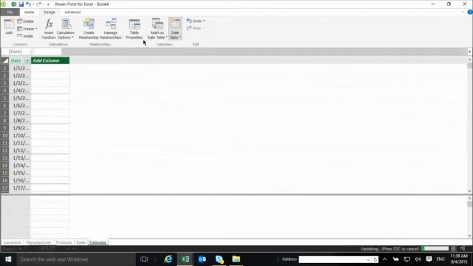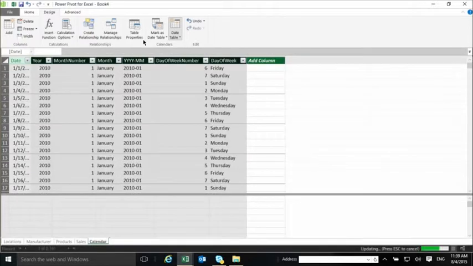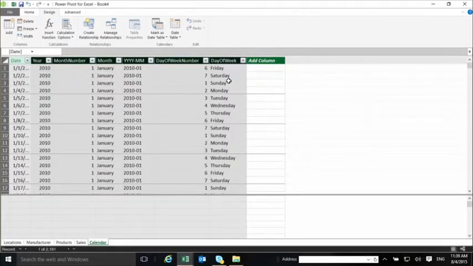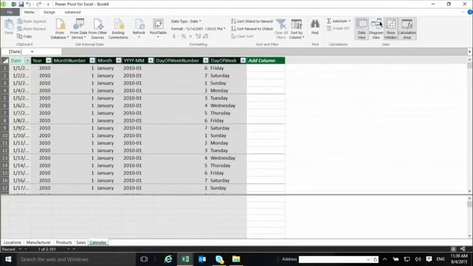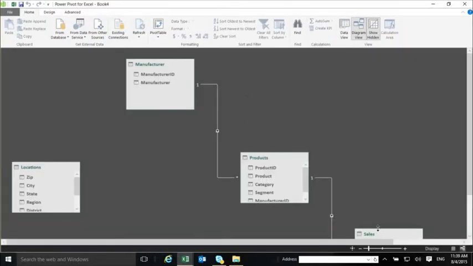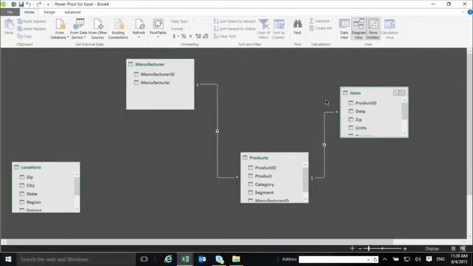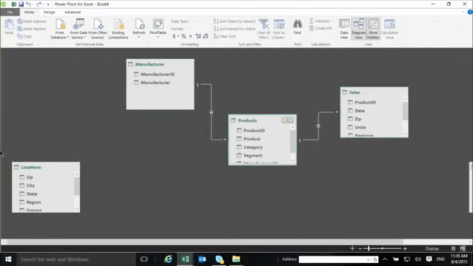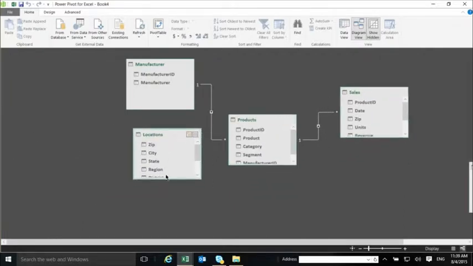So this is just one click, and it added a table to my model called calendar. It has one column of type date and additional columns, calculated columns, that add all kinds of properties to it. The only thing I still need to do is to create a relationship between this new table and the rest of the tables. Oh, actually, because I had to redo it, I didn't do the